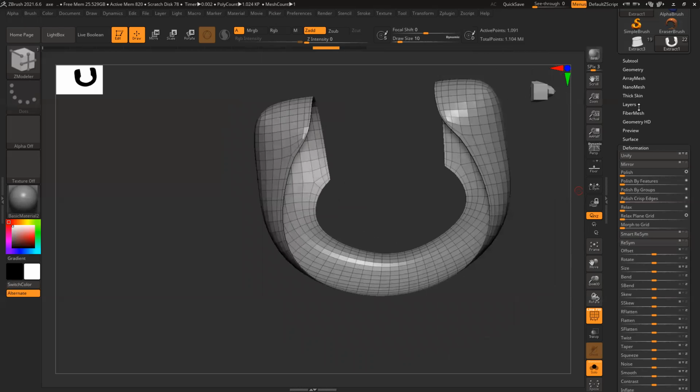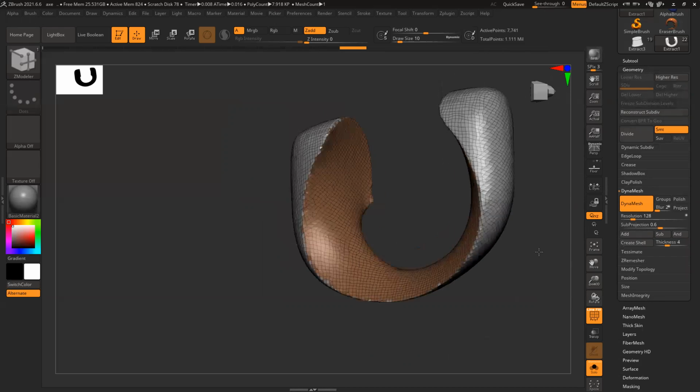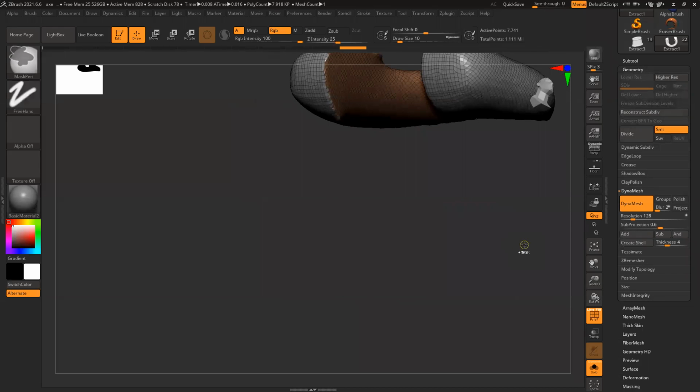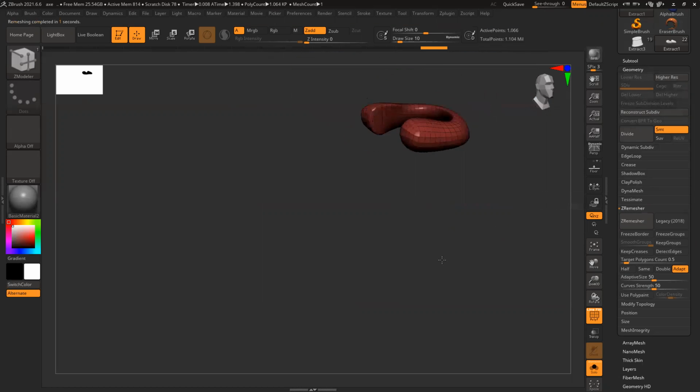Okay. Not working this thing. Okay, Dynamesh works beautifully. No problem. Anything works. Control W. Yeah, much better.